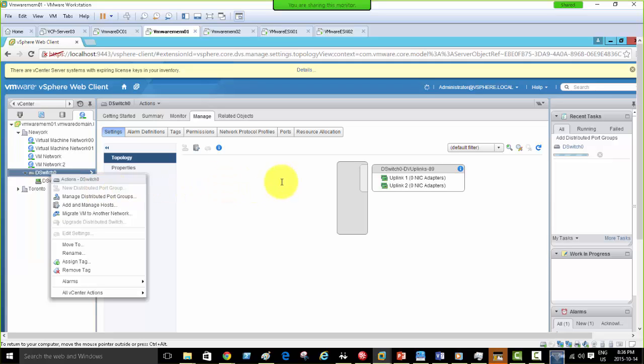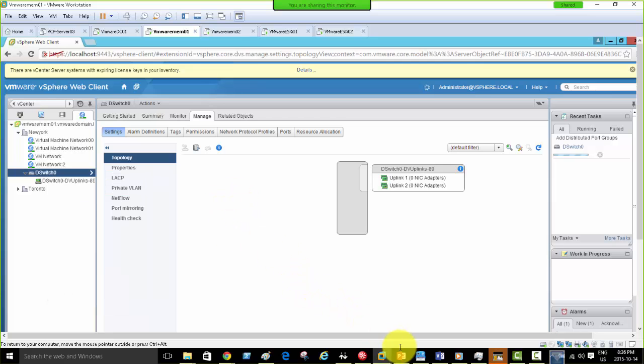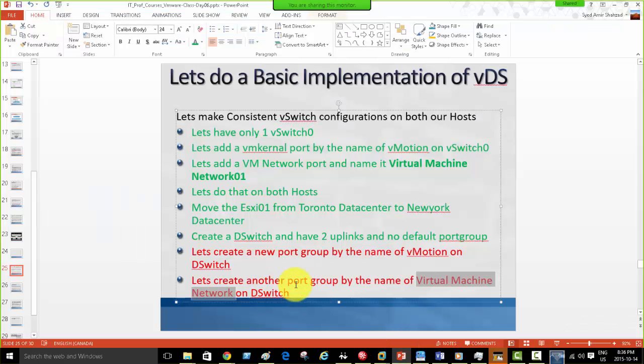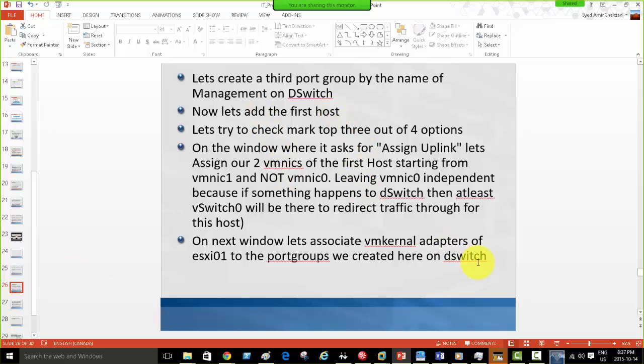So until the first port group is created, the second one won't be created. Okay, what does it say? This one is under process, done. Let's create another port group by the name of virtual machine. I'm going to do that by giving it the name virtual machine network, and then the next steps would be to